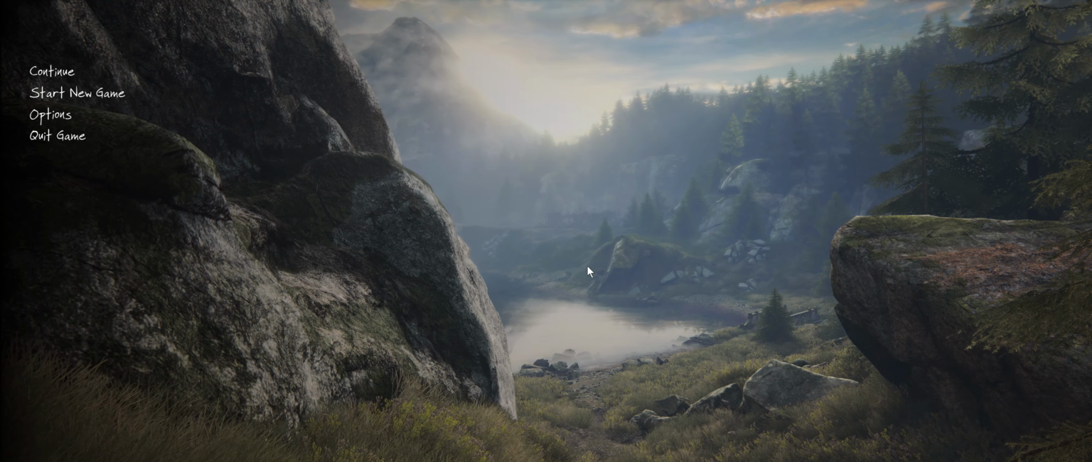The Vanishing of Ethan Carter is a game that was developed and published by the Astronauts. It was originally released in September 2014, but about a year later they released an updated version that had been ported over to Unreal Engine 4, whereas the original game had been developed in Unreal Engine 3. That is the version that we are going to play today, and it is called The Vanishing of Ethan Carter